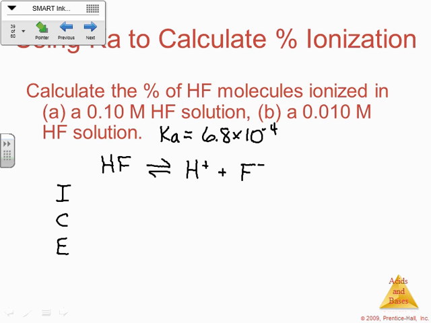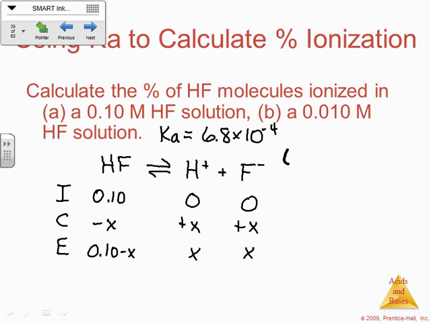So then we're going to make our ice table here. The HF starts out as a 0.10 molar solution initially, right when we put the HF into the solution, and we can assume that we don't have any of the H plus or F minus right at the beginning. This is all one-to-one stoichiometry, so again we're going to do a minus x, plus x, plus x, 0.10 minus x, x, and then plug that into your K expression, which is going to be the H plus times the F minus over the HF. All right, so we've got 6.8 times 10 to the negative fourth is equal to x squared over